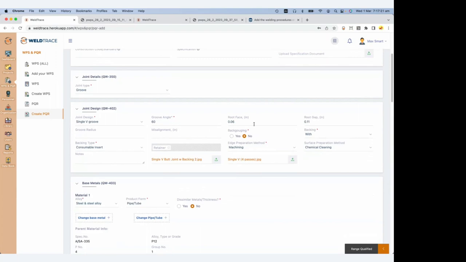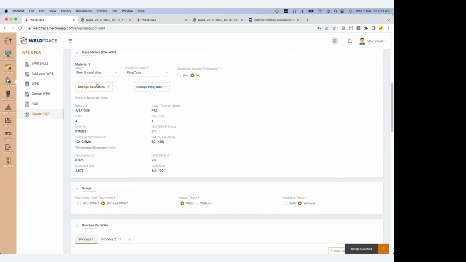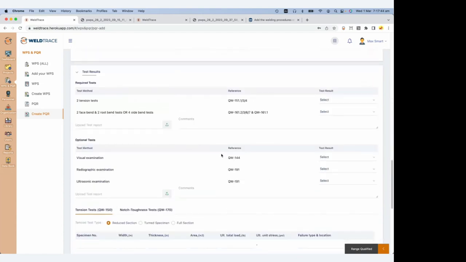Now I can change any of these values because you only use the draft WPS, so they are all draft values. So any of these can be changed, and you can pick a different base metal. So you can have just one preliminary WPS and create a number of PQRs from it and keep changing them here. And so if you were to go and submit it,